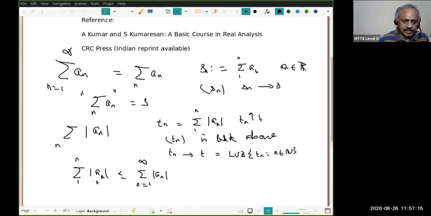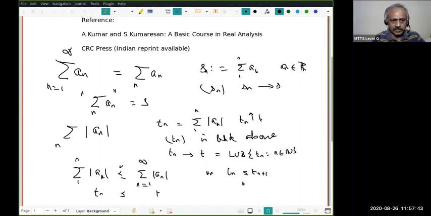You cannot immediately say this is because it is a sum of positive terms and you are adding. No, that's not the right reason. Notice that this is T_n, and this stands for T, where T is the least upper bound of all these partial sums. Therefore, T_n must be less than or equal to T. That is the reason why this is true, not because you are adding one extra term. But T_n less than or equal to T_{n+1} is a correct statement for all n, because I am adding one extra positive term, |a_{n+1}|. But to say the other inequality, you have to go back to the definition of the sum of the series.